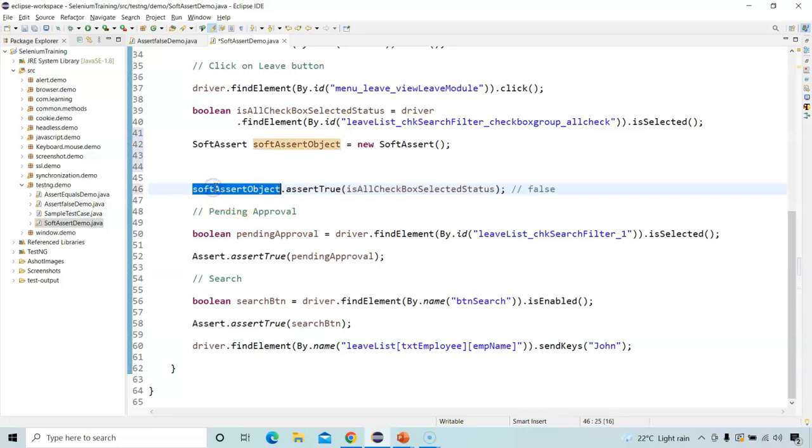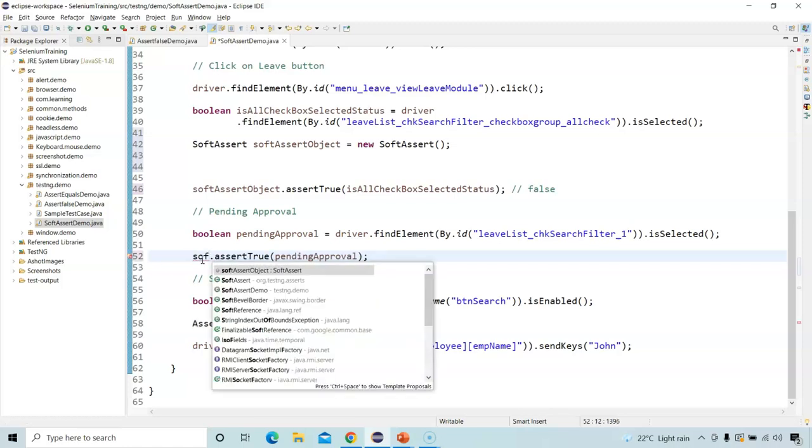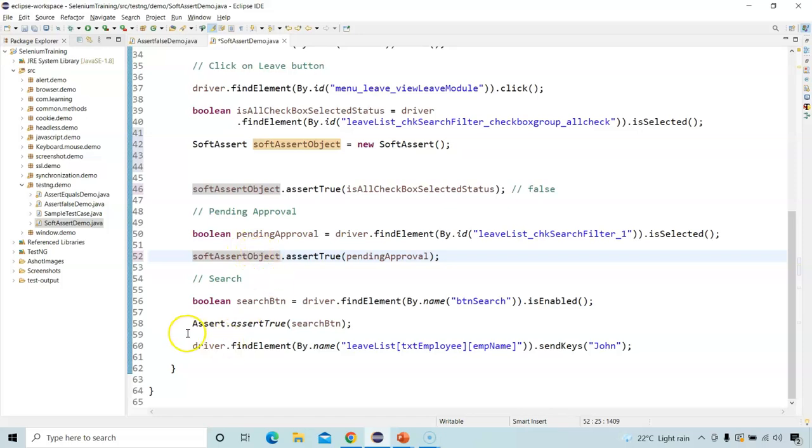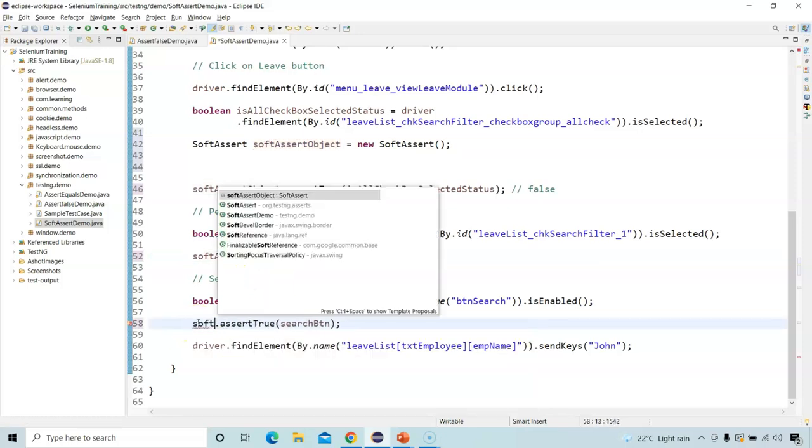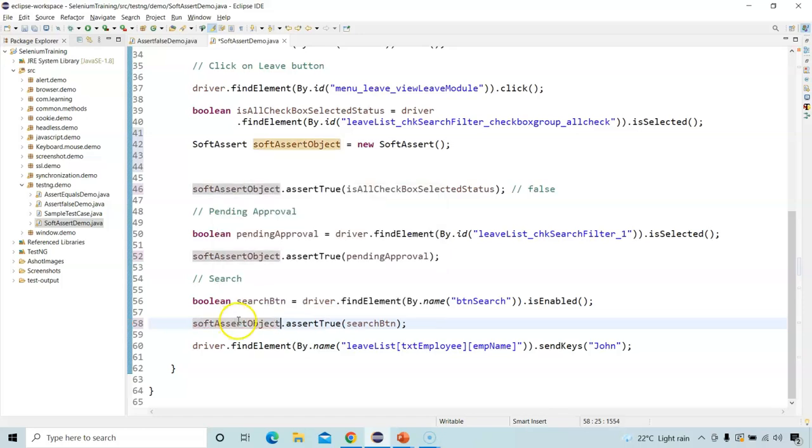So I'm saying softAssertObject dot assertTrue, which means now it has become a soft assert. So at line number 52, I will replace the Assert with softAssertObject. Let me do the same thing for line number 58 as well. So I'll say softAssertObject. So all three hard assertions have been replaced with a soft assert.